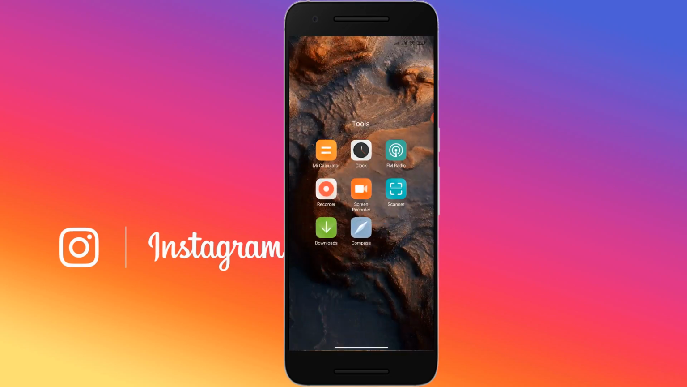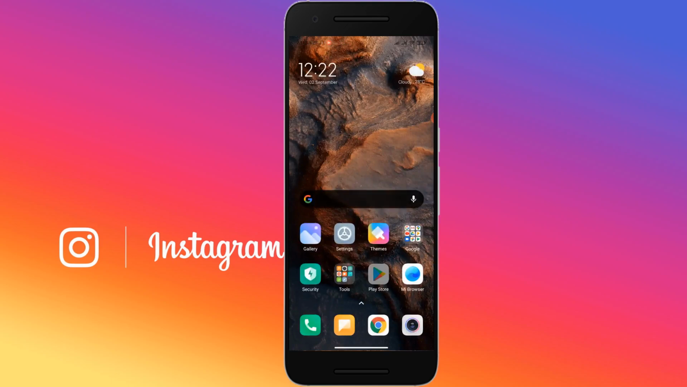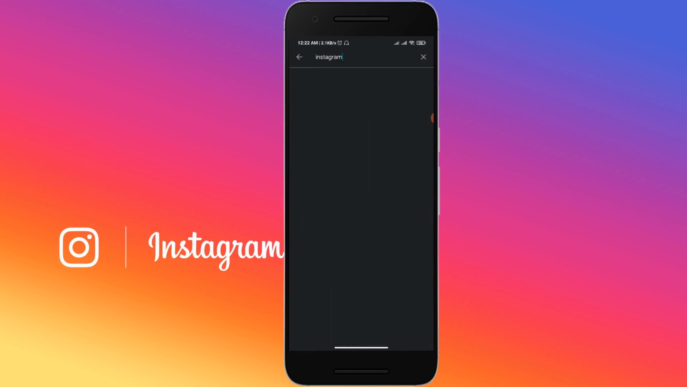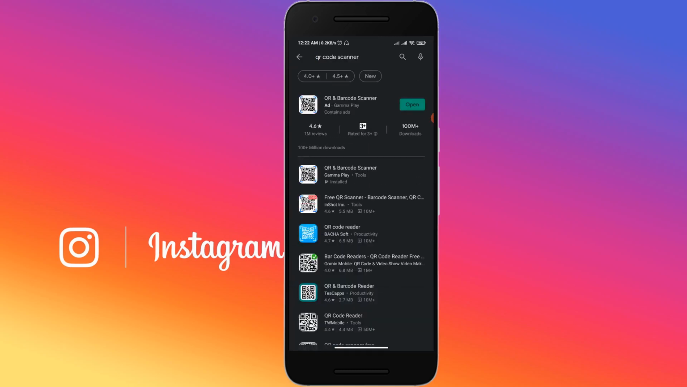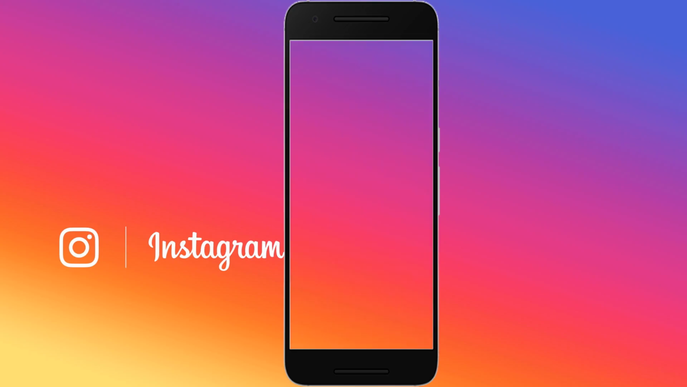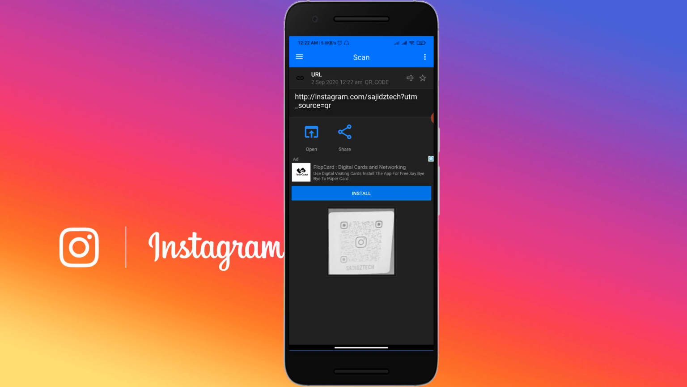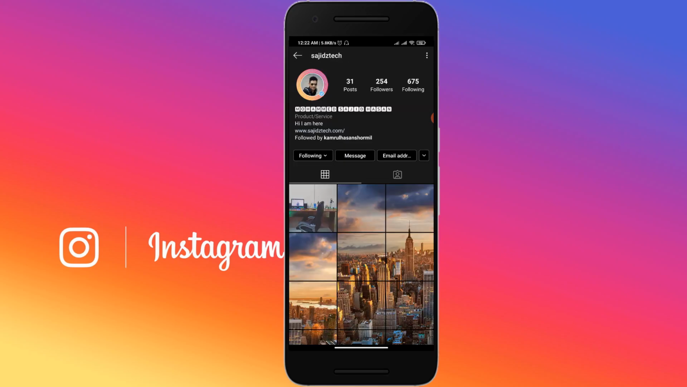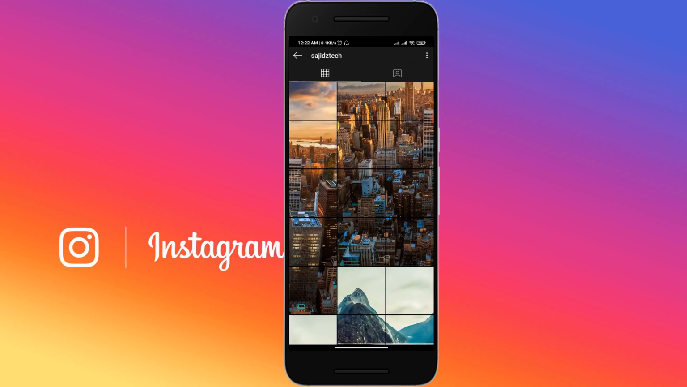Now from here go to your QR code scanner. If you don't have any QR code scanner, you can also download one from your Google Play Store. I'll also give you that link in the description below so that you can scan it. Now you can open this QR code, and here guys you can see this is the profile, by which you can also follow them if you don't already follow them. And this is the thing by which you can find your friend easily,